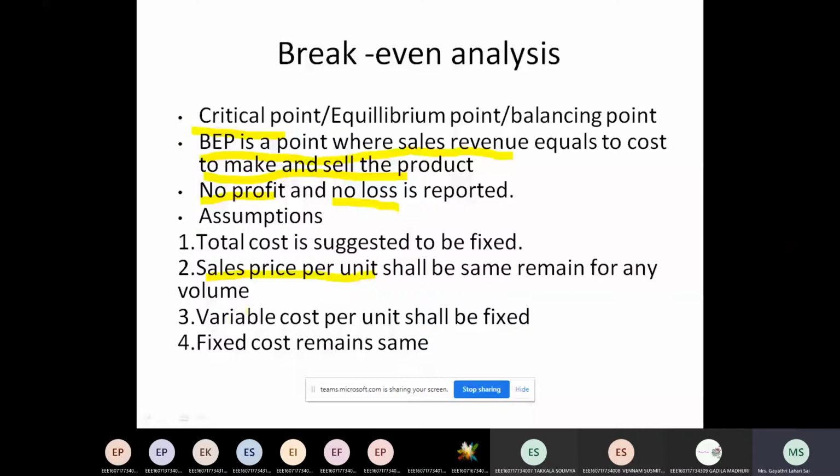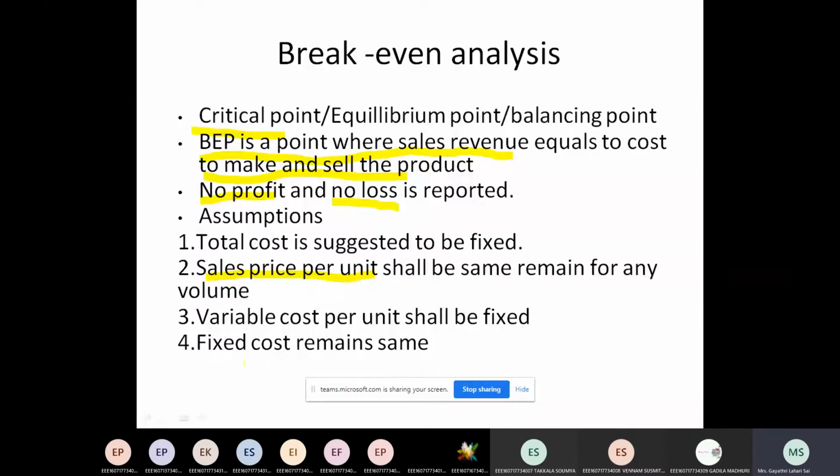Okay. The third point is variable cost per unit should be fixed. It is very difficult to follow this point. Variable cost, what is a variable cost? The cost you are giving for the wages, the transport cost, all these come under variable cost. So you have to maintain even this variable cost as fixed. It should not deviate or fluctuate, right? Any disturbance? Okay.